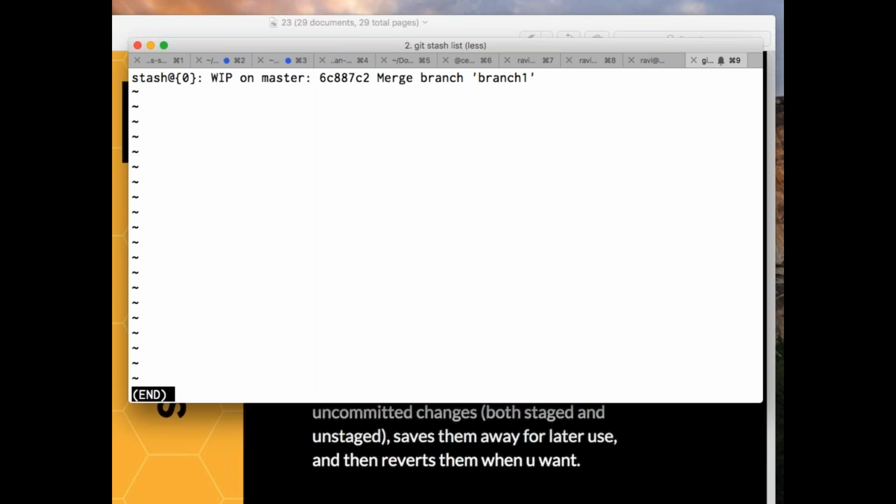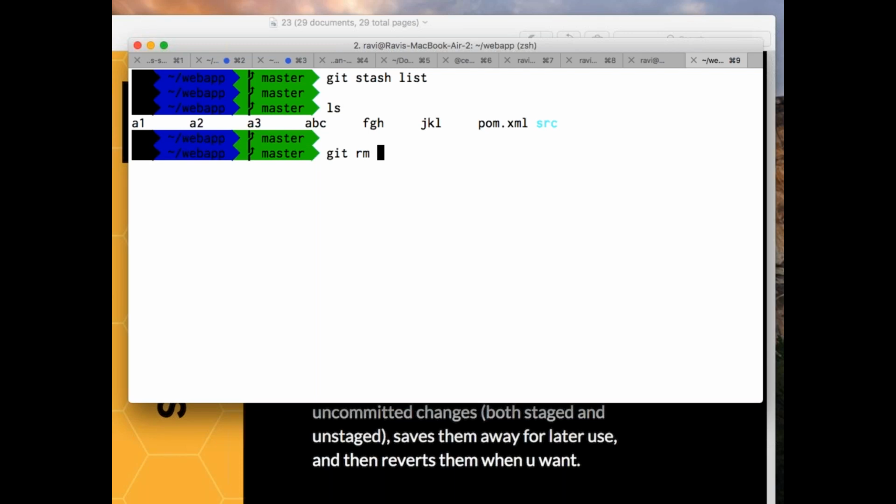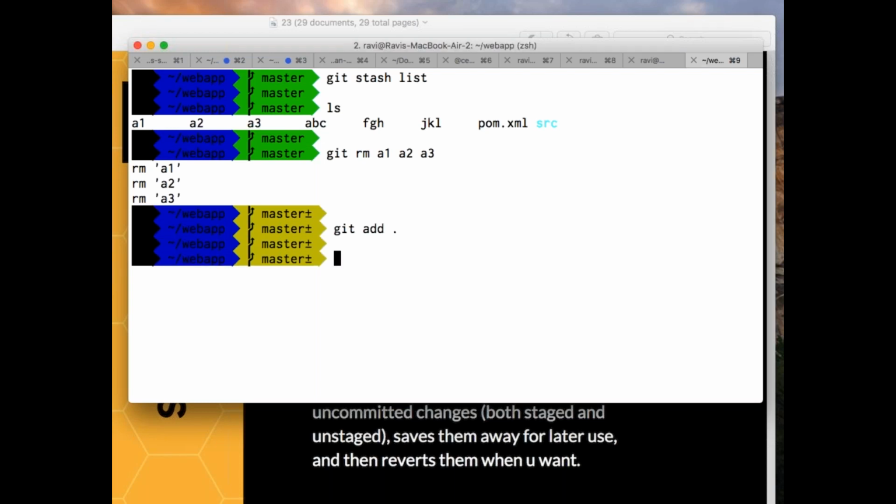Right, now let's say I'll go and remove these particular things. Git rm. I remove those three files, and I'll say git add dot, git commit hyphen m.